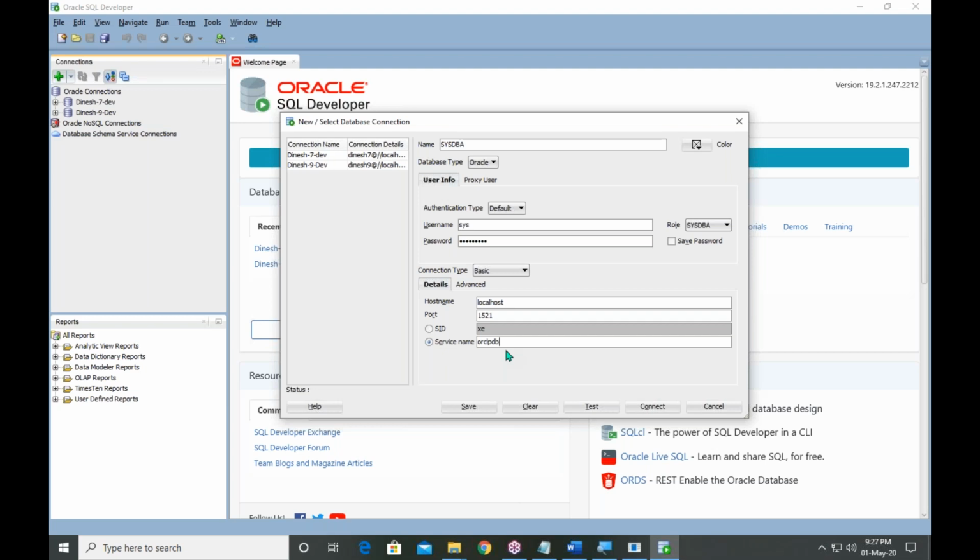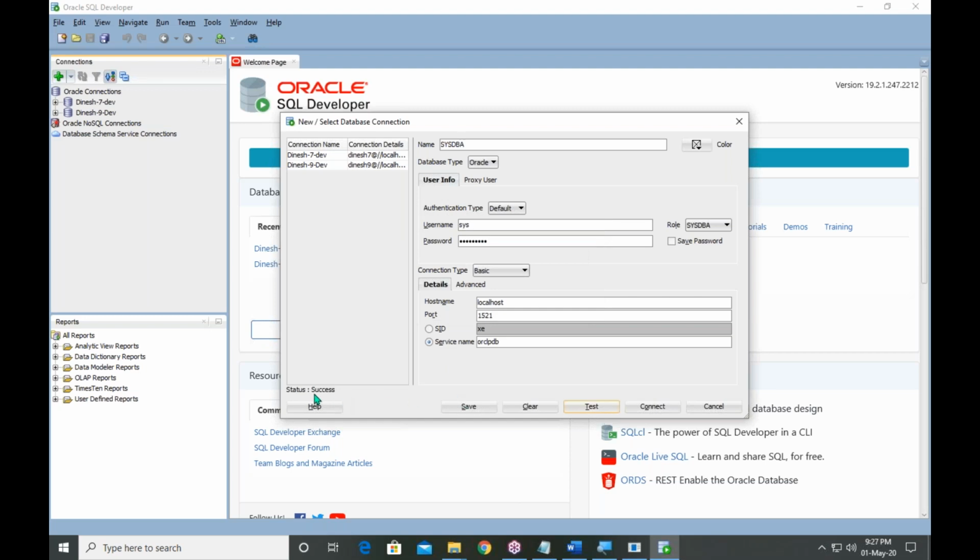Once you finish your details, count the details again: 1, 2, 3, 4, 5. Five things you changed. Once you enter your five values, what is the present status? No status. Okay. Once you have given the five values, select the test button.